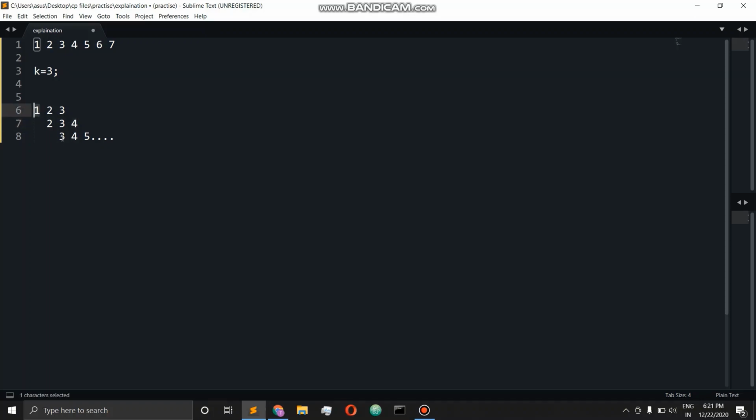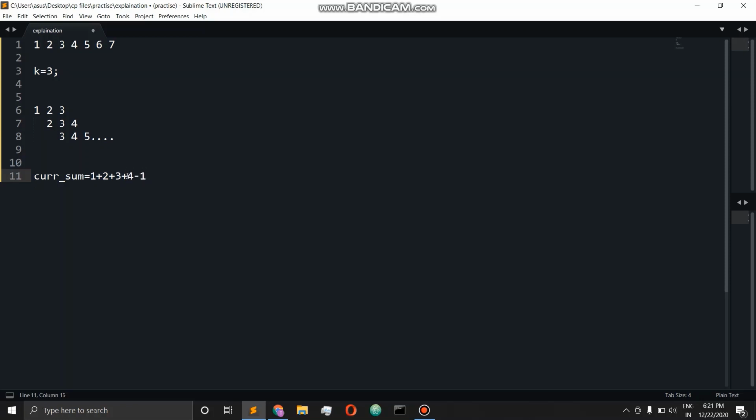So for maintaining the sum, we do not have to keep storing the sum again and again, because if k is very large, then that is just repetition. So instead of doing that, what I can do is, if I have some current sum, let's assume that this sum is 1 plus 2 plus 3. So what change will I have to make to get the next one is, I need to add 4 and subtract 1.